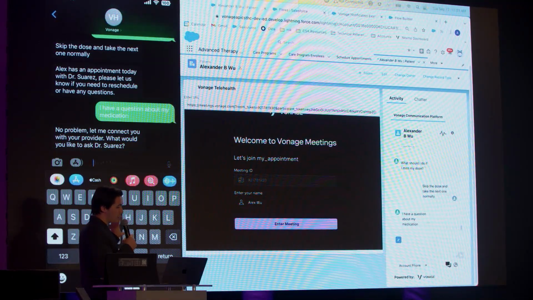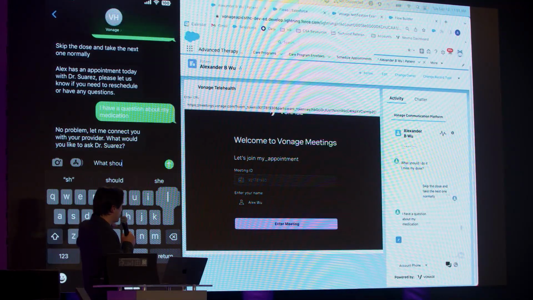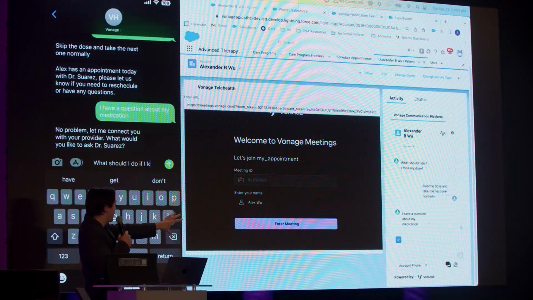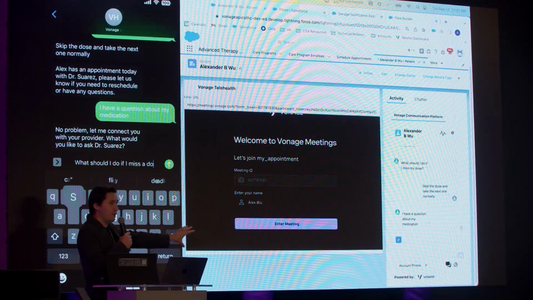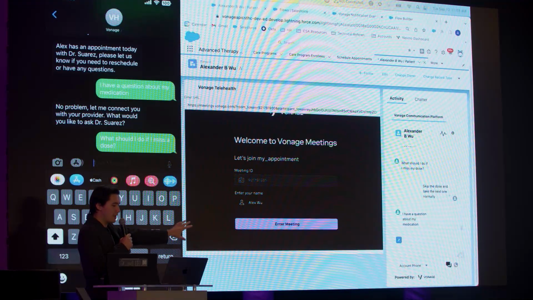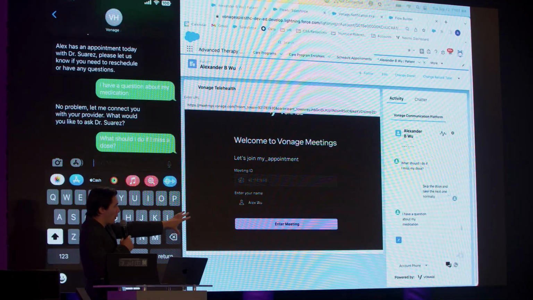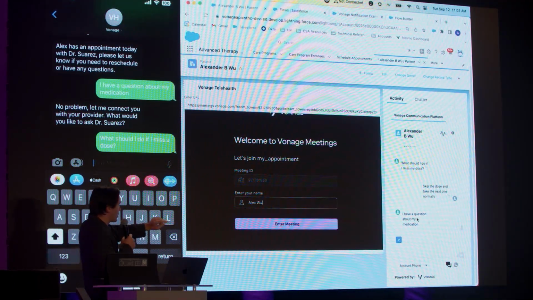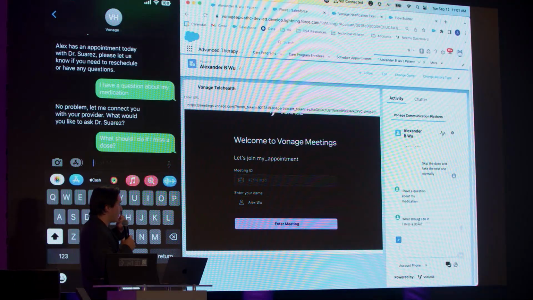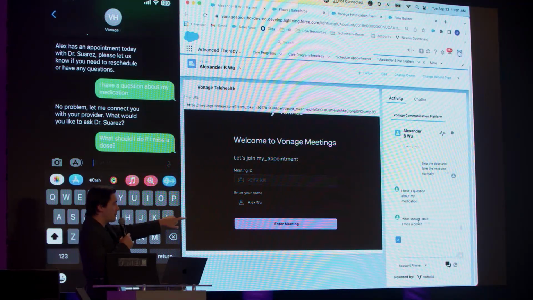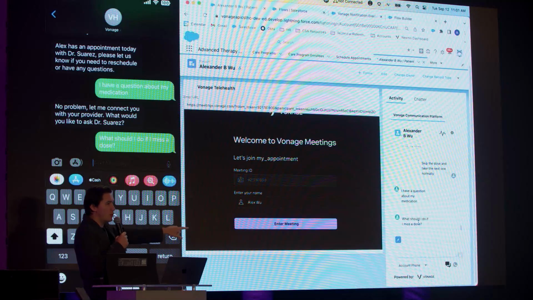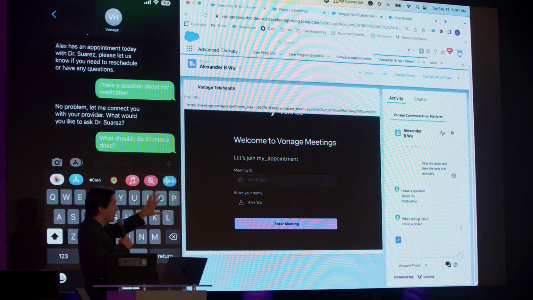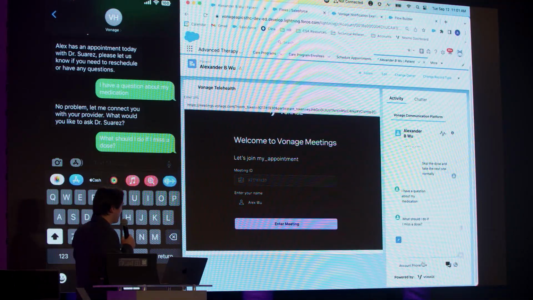From here, when I send a message on the right side, you can see the full conversation history for the user in this component. That lets the provider respond directly in Salesforce when these messages pop up, so they can do everything they need to through Salesforce and have it show up on the user's phone.